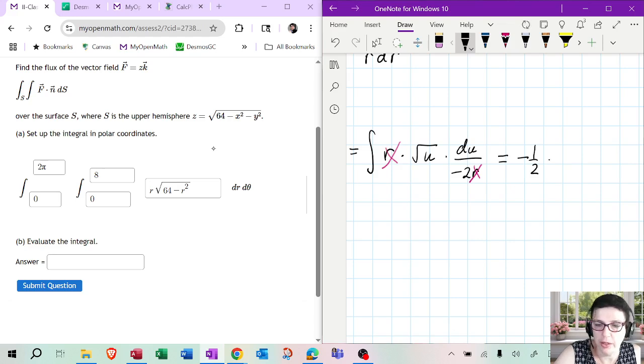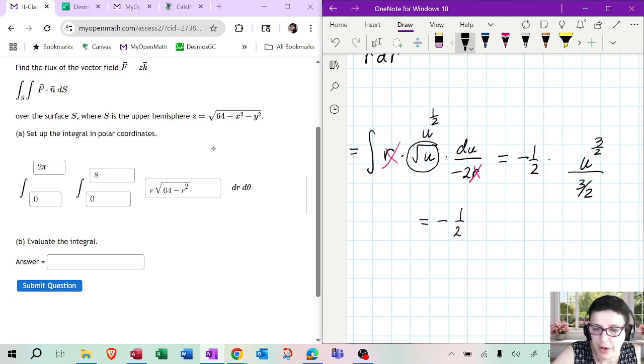Now, how do we integrate square root? Integrate, not differentiate. So think of square root as a power 1/2. So hopefully you know that square root is responsible for power 1/2. How do we integrate a power? Well, we add 1 to whatever power we got. So we're going to get u to the power 1/2 plus 1, which is like 1/2 plus 2/2 or 3/2. And then we need to divide it by the same thing, so we divide it by 3/2. Now, I am not going to put plus c just because it's actually a definite integral, so I will be substituting the limits in a second, but we still want to simplify.